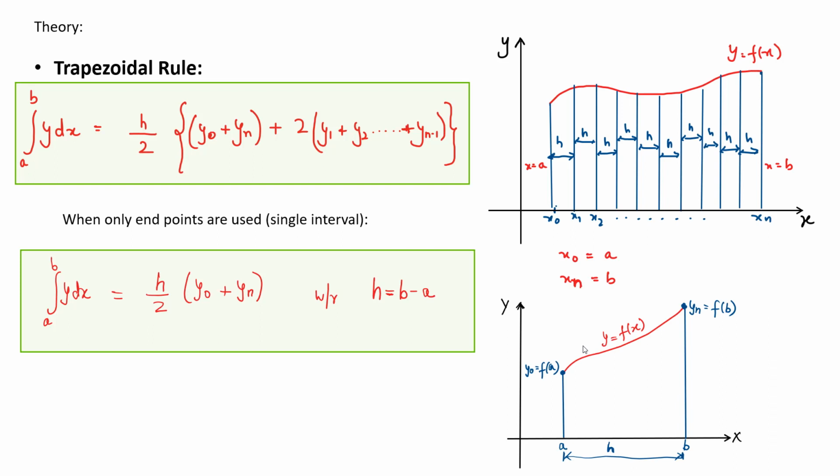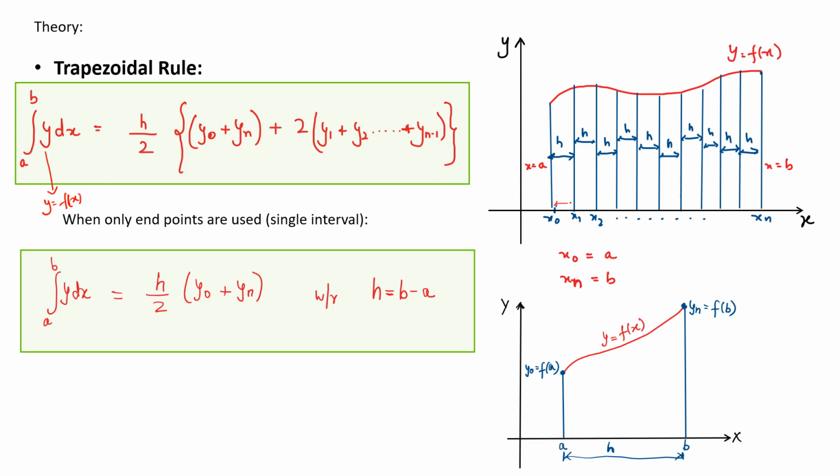Now let's look at the trapezoidal method briefly. This trapezoidal rule is used to numerically integrate a function by assuming small trapezoidal areas as our elemental areas and then adding up all those areas. The formula given in this green box gives you the trapezoidal rule. So assuming y is some function of x, given as f of x, and we have